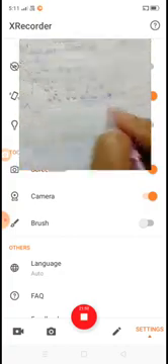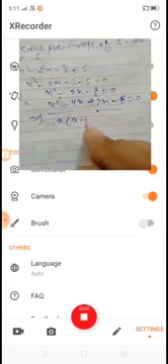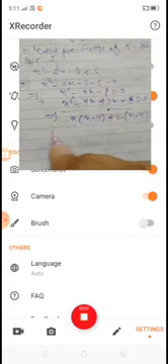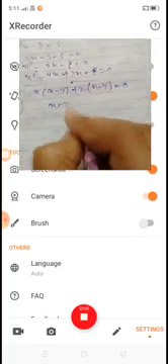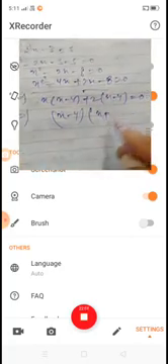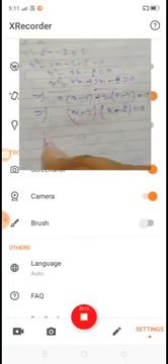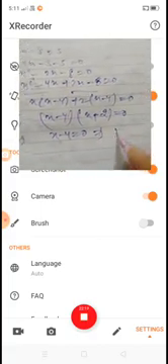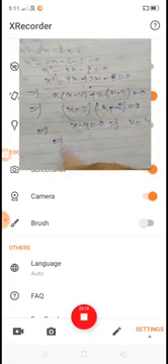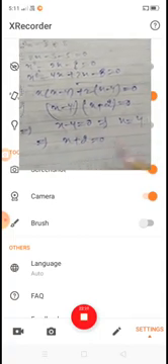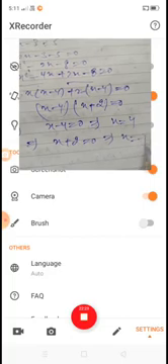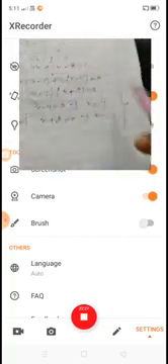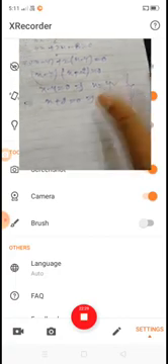Then we take x minus 4 common, and we get x minus 4 and x plus 2 is equal to 0. When x minus 4 is equal to 0, x is equal to plus 4. When x plus 2 is equal to 0, then x is equal to minus 2. All the possible values of x here are 4 and minus 2.